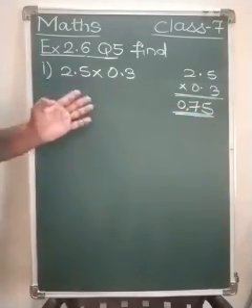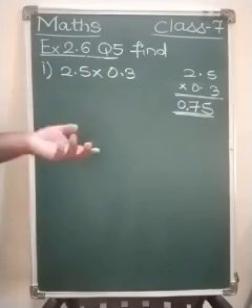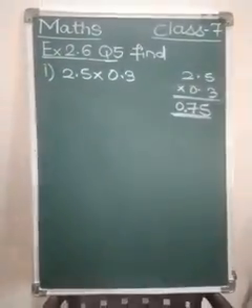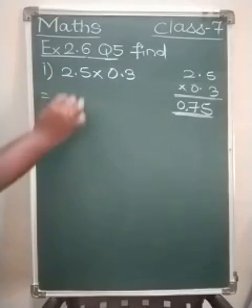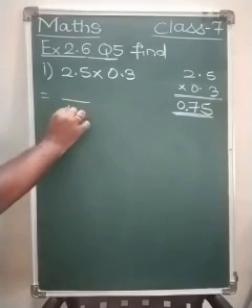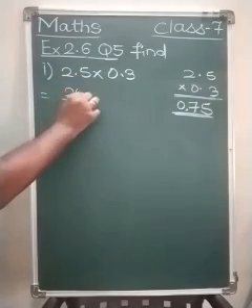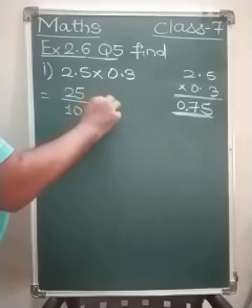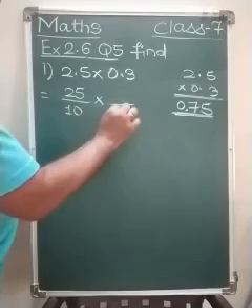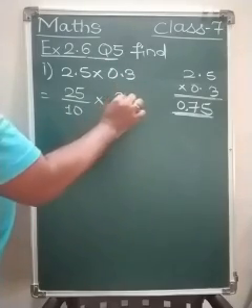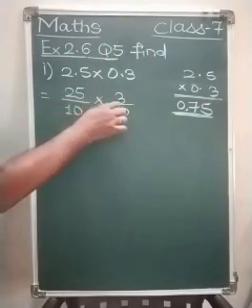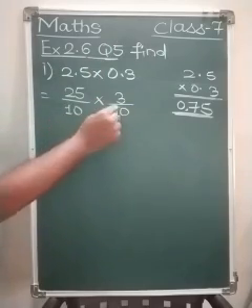Now let us try to solve this with what we have learned now, that converting a decimal number into a fraction and then multiplying it. Okay, let us see. So this 2.5, after decimal point only one place is there. So denominator would be 10 and the number would be written as it is, 25, multiplied by, again 0.3, only one place. So here again 10 and the number would be written as it is. Simple fraction we have, numerator multiplied by numerator, denominator multiplied by denominator.